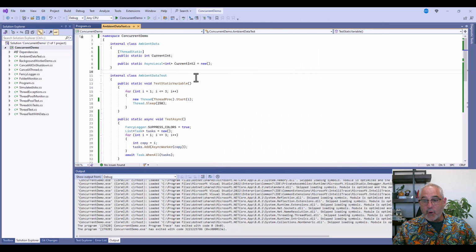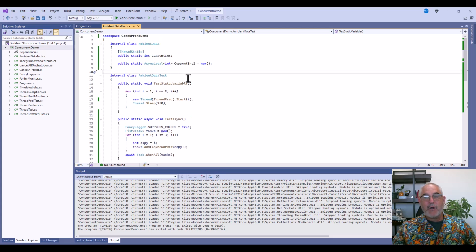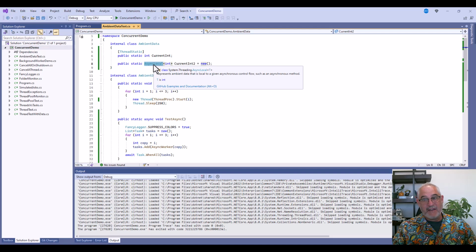So if your code is using tasks and it's using async await, you have to use this AsyncLocal construct in order to have static ambient data that follows your worker through the multiple async calls, and it doesn't matter how many nested calls there are, it will follow it. So this is kind of magic. I mean, it's clearly doing a lot of work behind the scenes of matching some sort of async call context to this guy so that when your continuation finishes, it injects the right copy of this. So it does work,